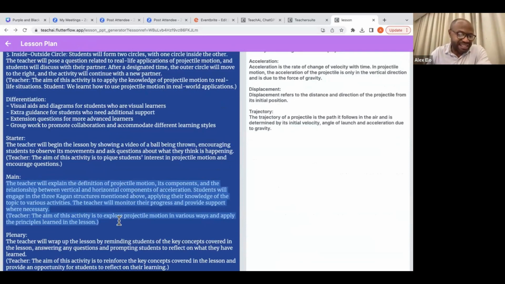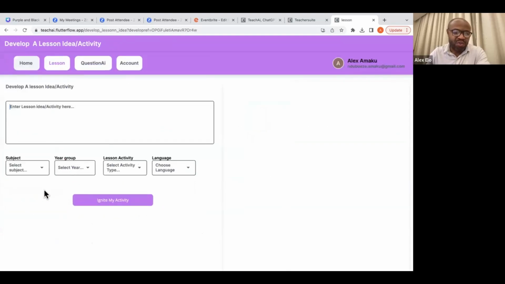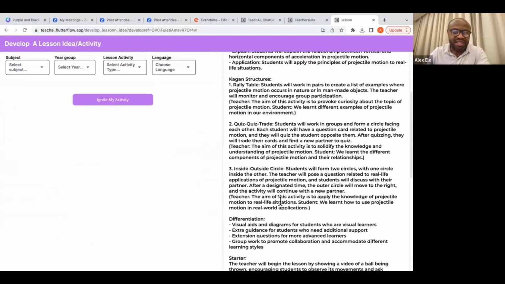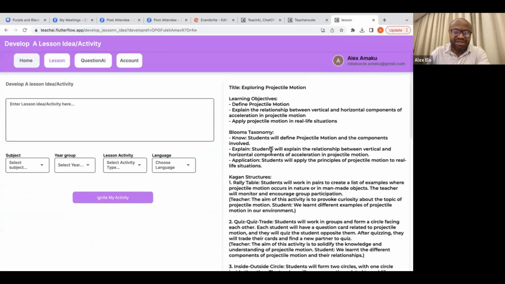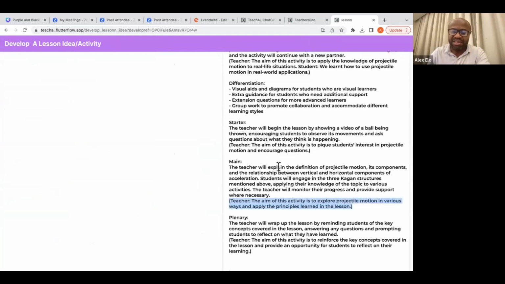I need you to make this a little bit more clear to me. All you have to do is come down here and click on develop your activity. What would happen is it takes you over to this point here. And so you've got your lesson on the right-hand side, and you've got the activity, developing your activity, on the left-hand side. And all you have to do is go to that part, copy it,